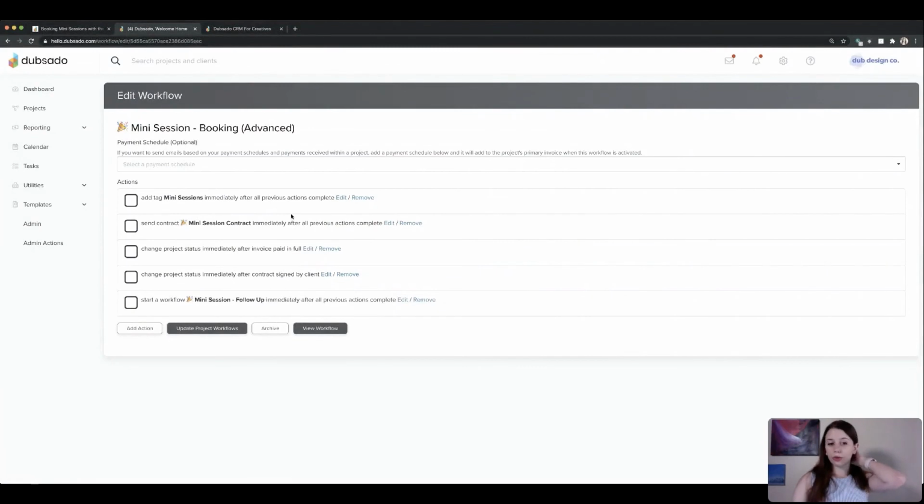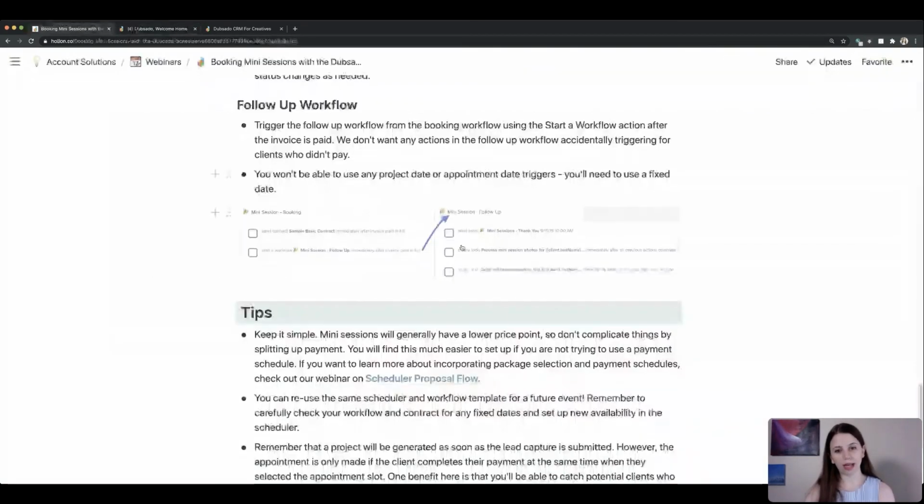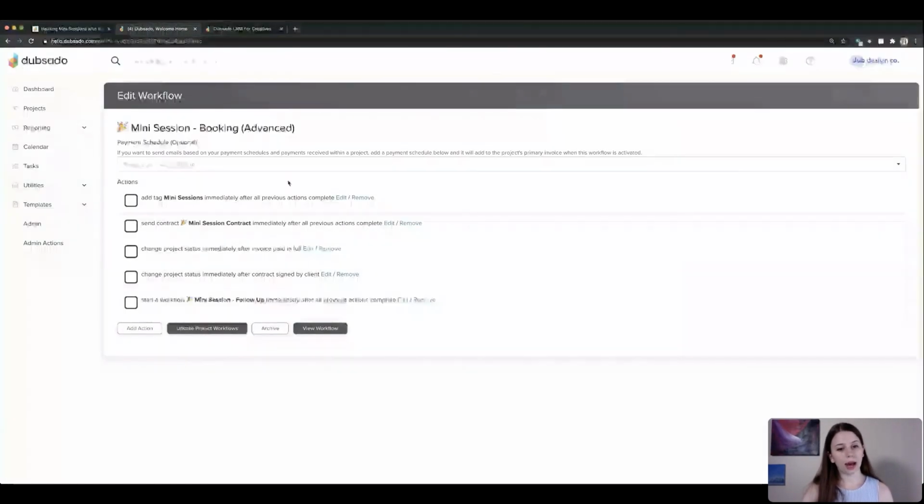So you will notice here that in my advanced version of the workflow, the final action is start a workflow, mini session follow-up, immediately after all previous actions complete. If you look at the example I gave you in the handout, I added some things in this time, but this says immediately after invoice paid in full. That also works. The reason I did after all previous actions in this case is